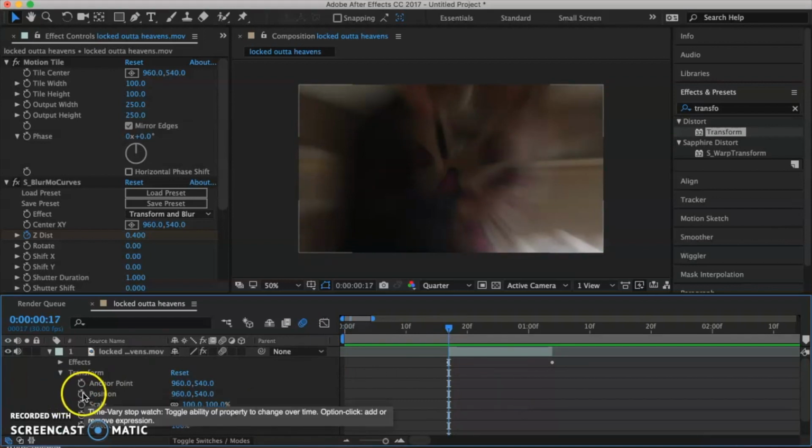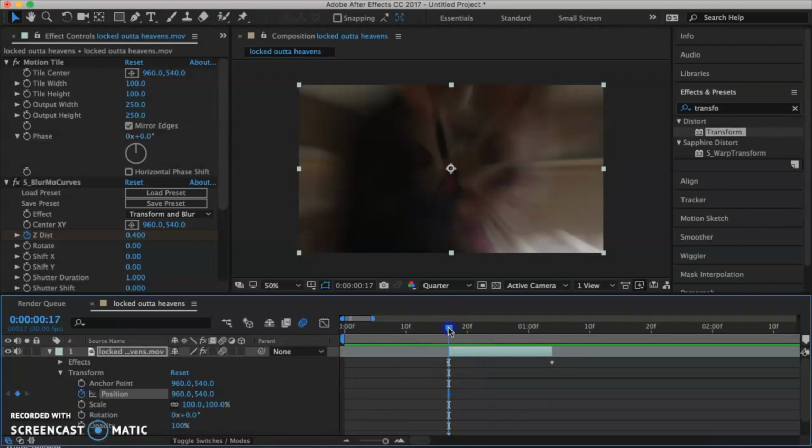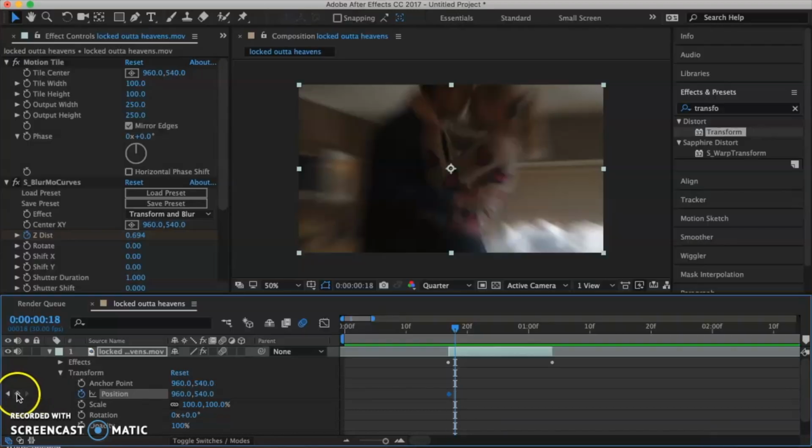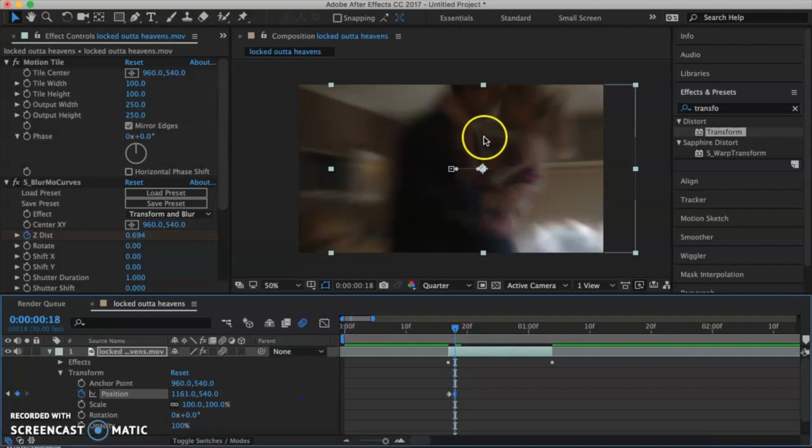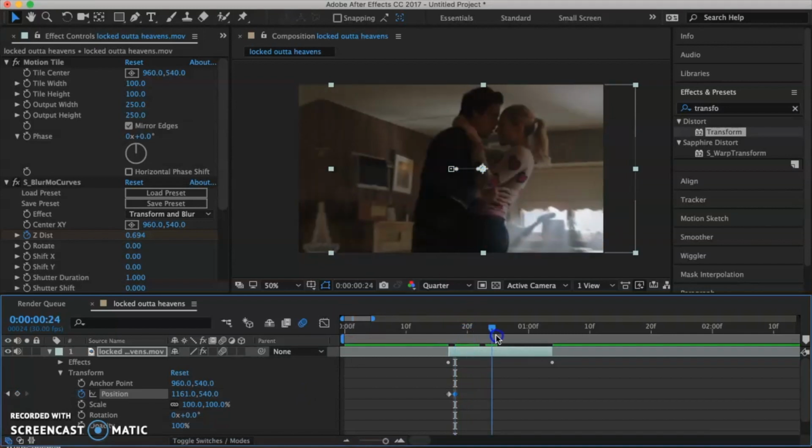So same thing, you want to add your first position keyframe at the very beginning of the clip, move your current time indicator over 1 unit and add another keyframe. The horizontal shake is controlled by the 960 value, so we can either go right or left. I usually like to go right, so you just want to increase 960. Again, you can make this as long or as short as you want,